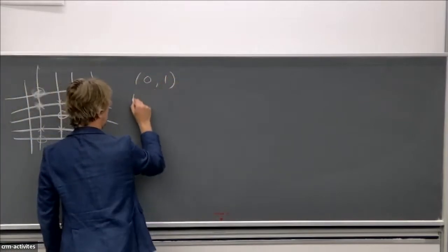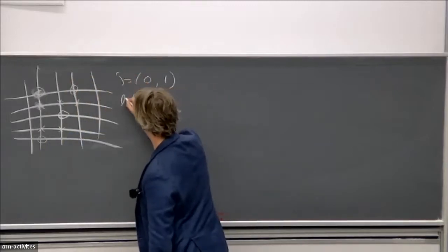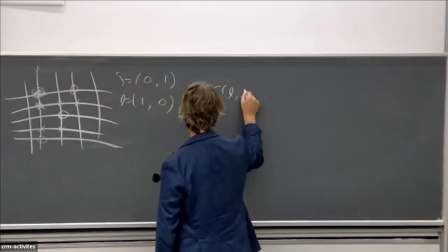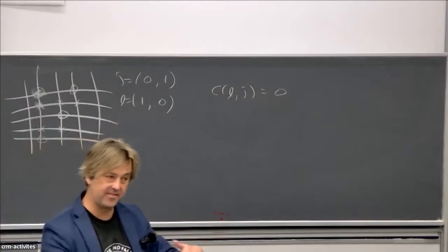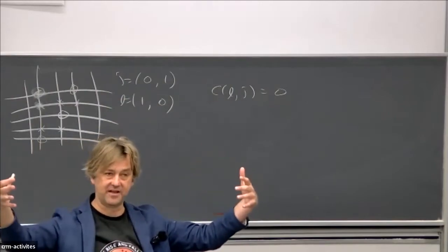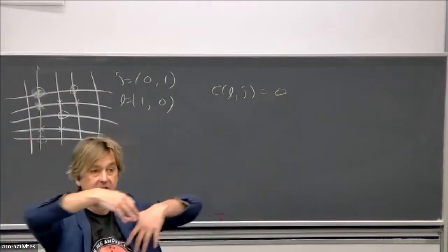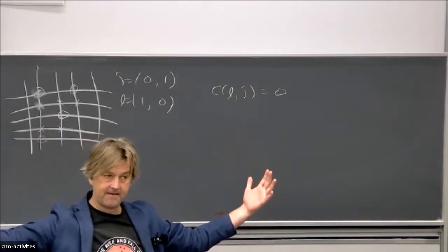Think about 0, 1 and 1, 0. If this is J and this is L, then CLJ is equal to 0, because these have the same length. So this term is 0. So as long as you have some way to get started, then the statement about the additive group of just adding the coefficient indices is actually enough. You can prove that in this case it is enough to generate all the directions in the algebra. So you have to do things like that.